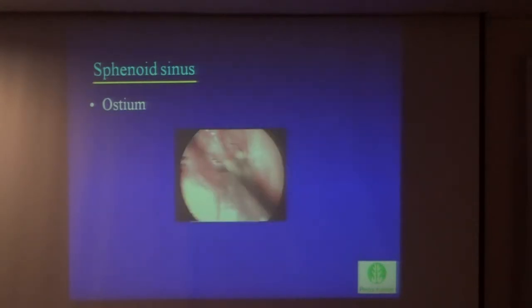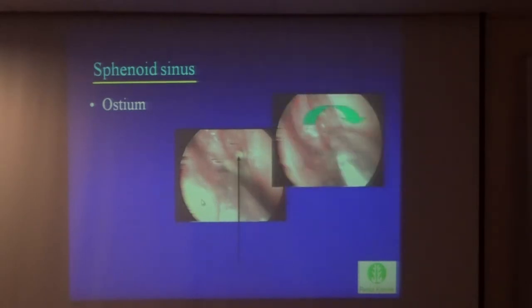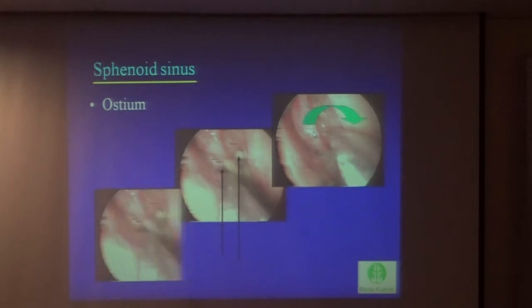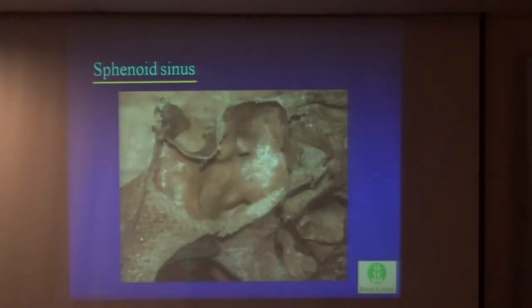The superior turbinate is here, and this is the septum, this is the middle turbinate, and this is the superior turbinate, left side. Accordingly, if we go between the superior turbinate and the middle turbinate, this is the posterior ethmoid. If we go between the superior turbinate and the septum, this is the sphenoid sinus ostium. That's the way we usually go into the posterior ethmoid, or the way we can visit the sphenoid sinus transnasally. If you fail to identify the ostium, always go to the posterior wall of the nasopharynx,